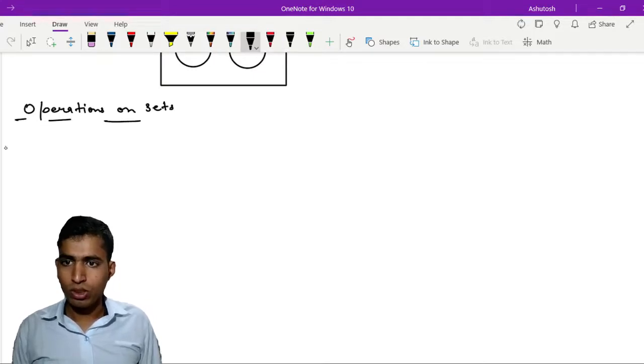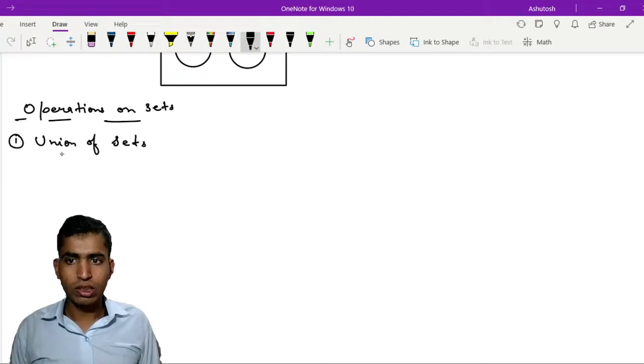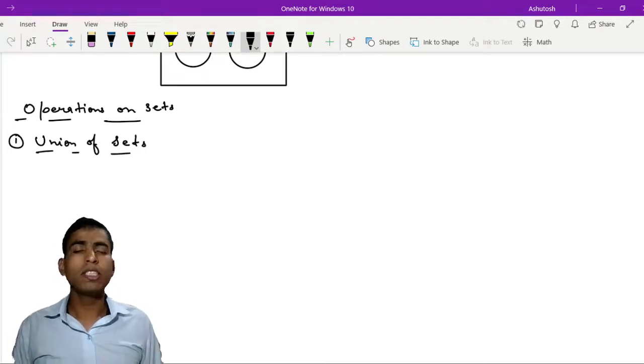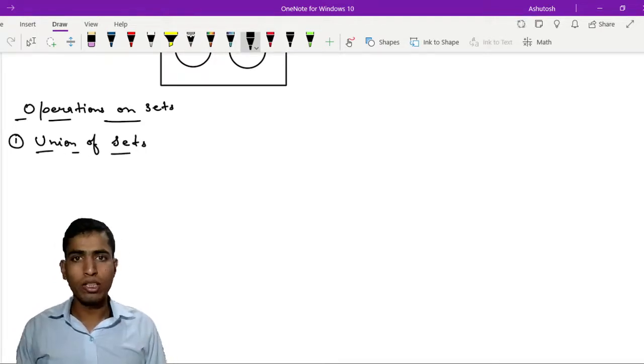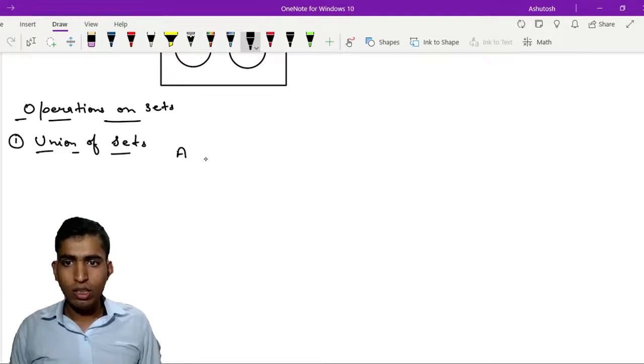So the first operation is union of sets. So it means if there are any two sets, set A and set B, then the union of